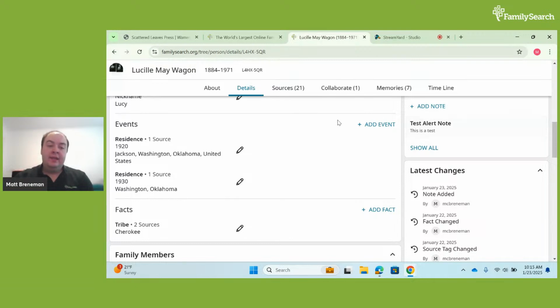And so when adding any information, it's always helpful to make sure that the date and the location is standardized. And so I will show you that here.